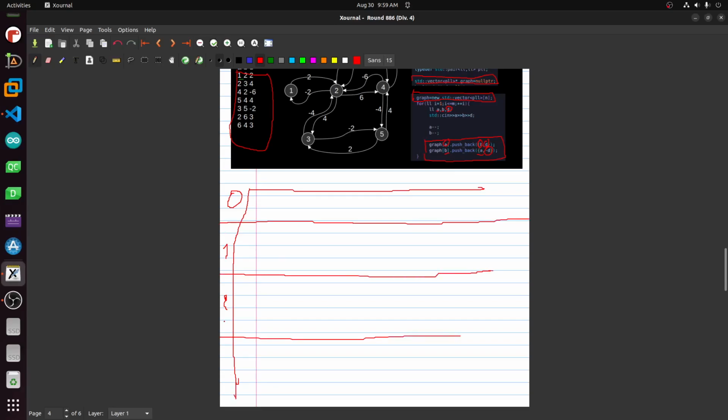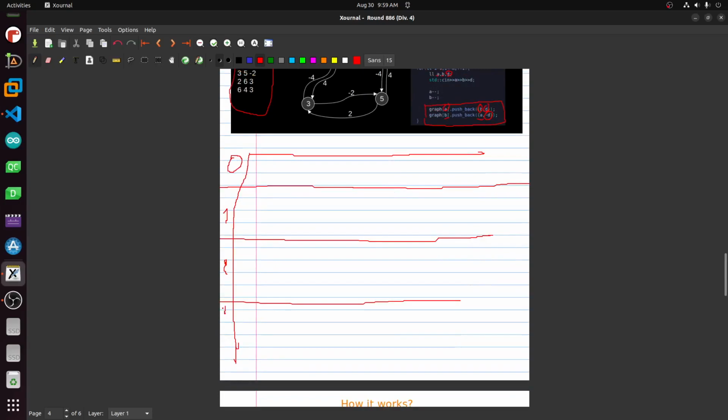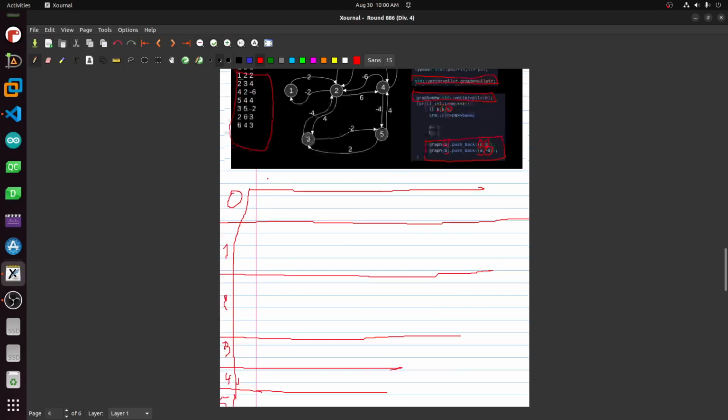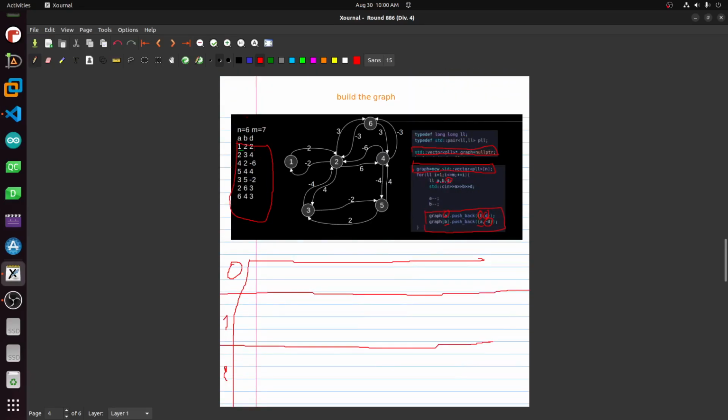0, 2, 2, here is 2, 2, 5. 3, 4, and 5. Because in C++, the arrays and vectors are 0-based indexed. And here in the problem statement, all the edges or the nodes are 1-based index. So we have to subtract one from each node here. So here we have 1, 2, 2,